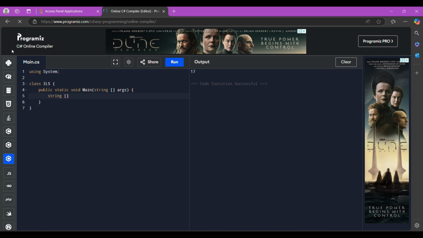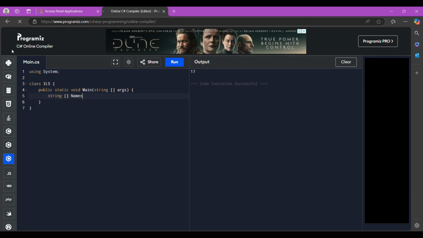So the variable string name, let's say names, names equals, then open curly bracket.